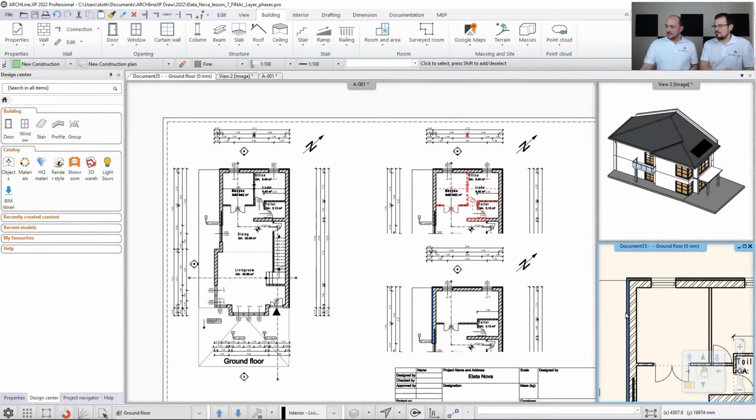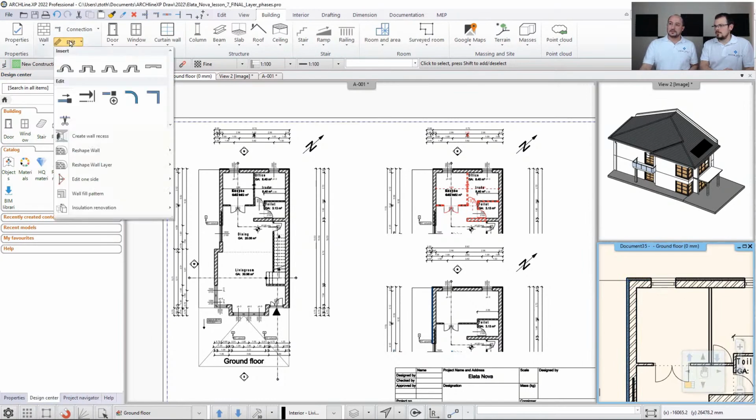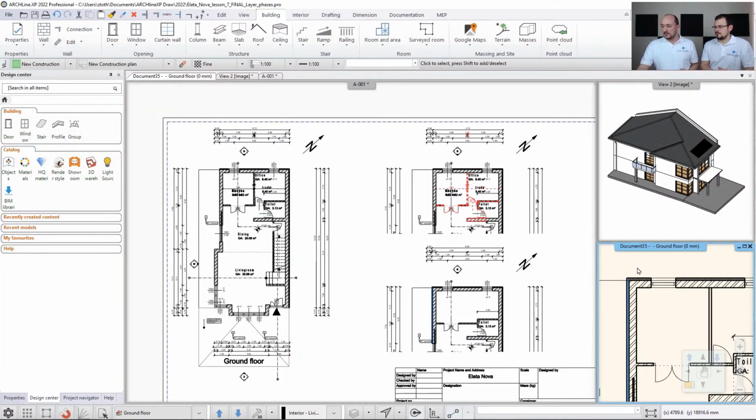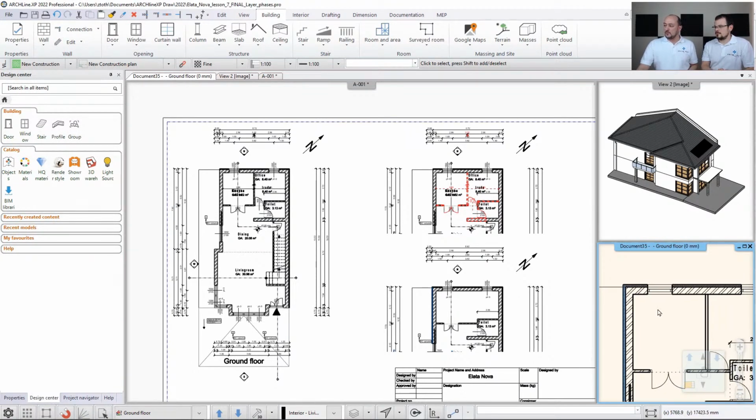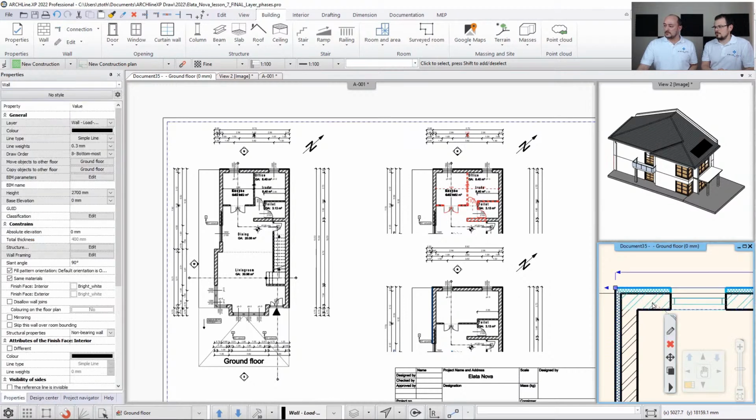Here I already added extra layers using this command here in edit, insulation renovation. With this one, you can add extra insulation layers to existing walls. It's a very quick command. We have a separate tutorial about that. But now focusing on this topic here, what I did is I selected the structure, went into